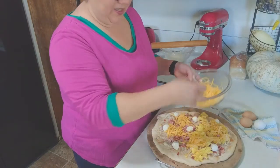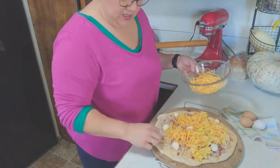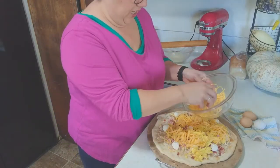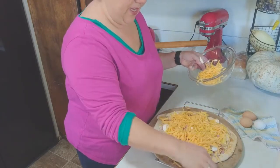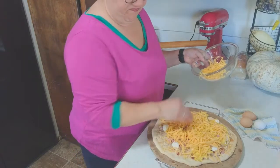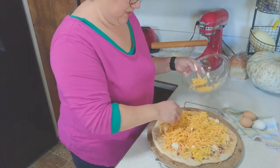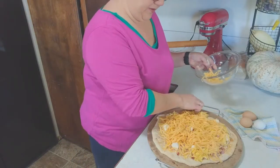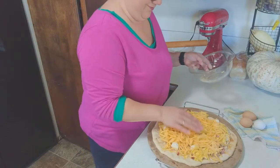I don't have any mozzarella cheese, so we are using cheddar, which will make it a little bit stronger. So I'm not going to use quite as much cheese as I would if I had mozz. It actually seems like I'm using quite a bit. Figure out how much you want. That's how much I grated. That's how much I want. Then